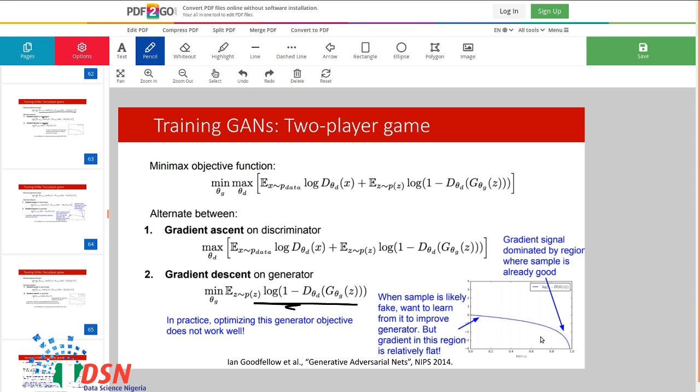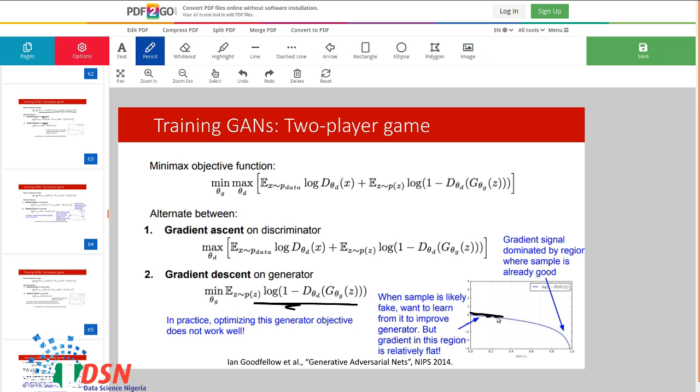And the problem is that most of the times you are in these regions, and using gradient descent means that you want to calculate the gradient of this.